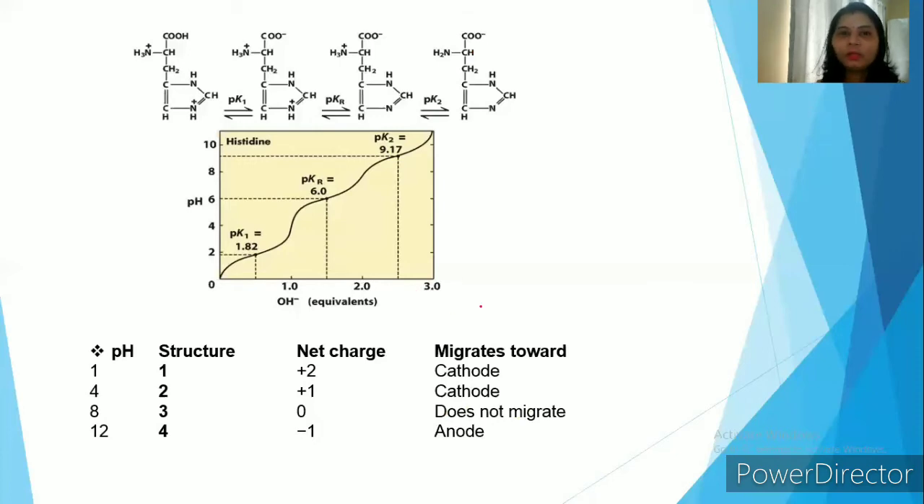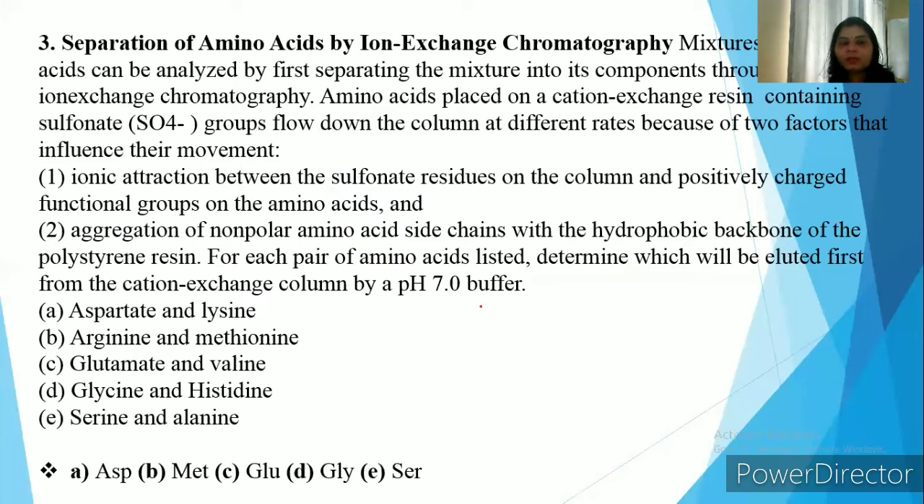Okay. The next topic is separation of amino acids. The next question is the separation of amino acids by ion exchange chromatography. Mixtures of amino acids can be analyzed by first separating the mixture into its components through ion exchange chromatography. Amino acids are placed on the cation exchange resin containing sulfonate groups and flow down the column at different rates because of two factors that influence their movement. The two factors are ionic attraction between the sulfonate residues on the column and positively charged functional groups on the amino acid, and aggregation of the non-polar amino acid side chains with the hydrophobic backbone of the polystyrene